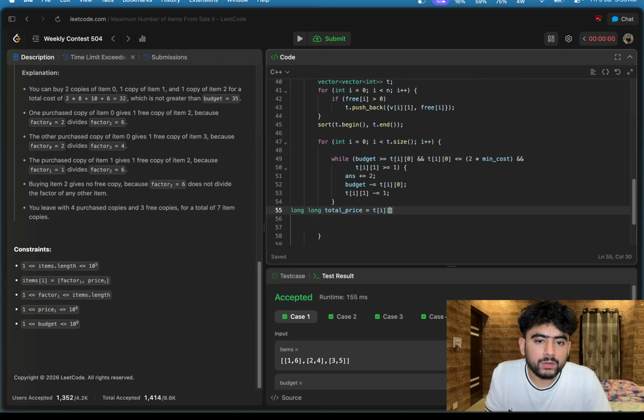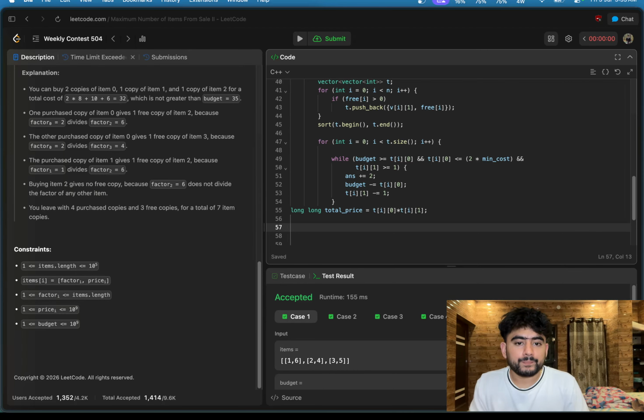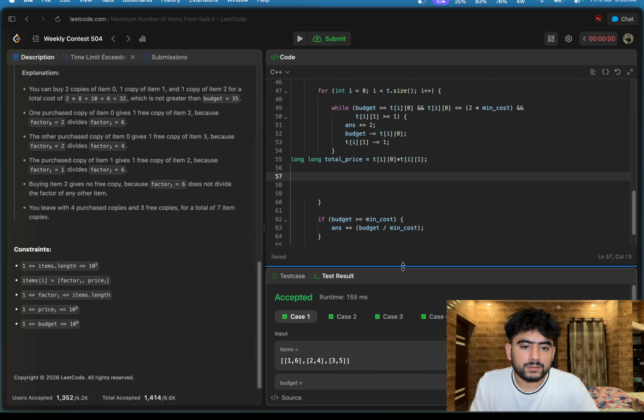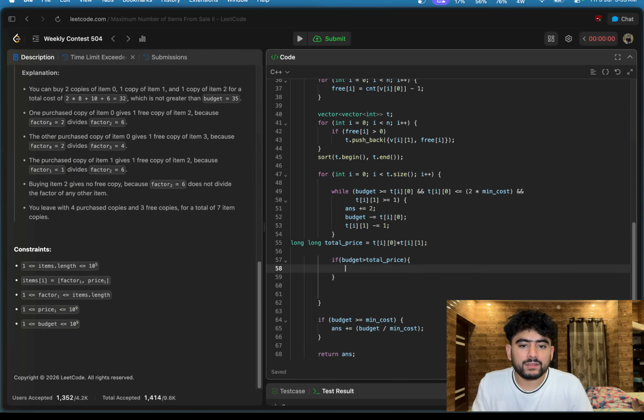p of I comma 1, t of I comma 0 into t of I comma 1. I must say, yeah, this is the total price. If budget is greater than equal to total price, then what we can do, we can simply budget minus equal to total price,